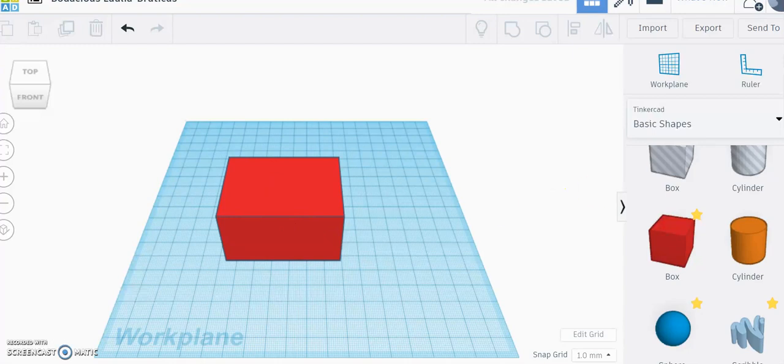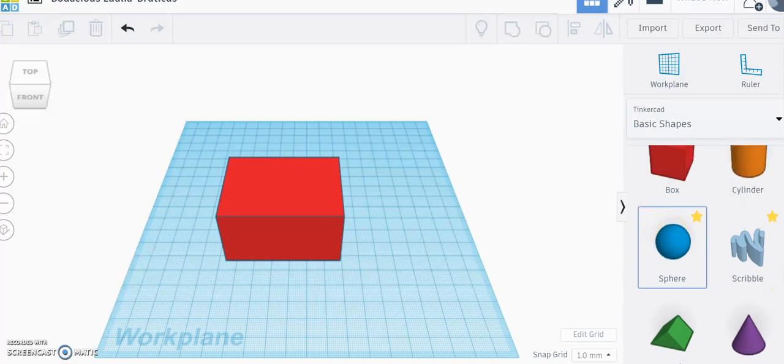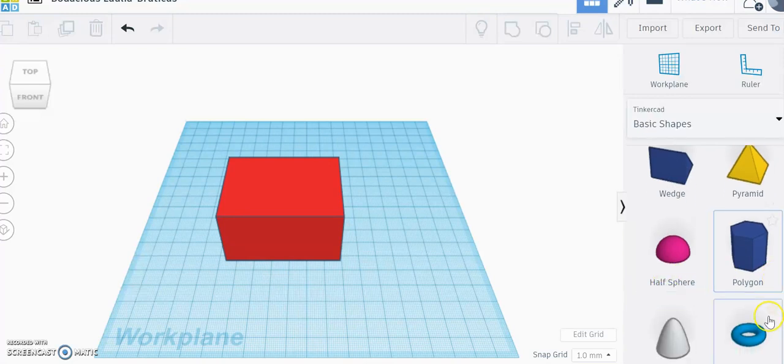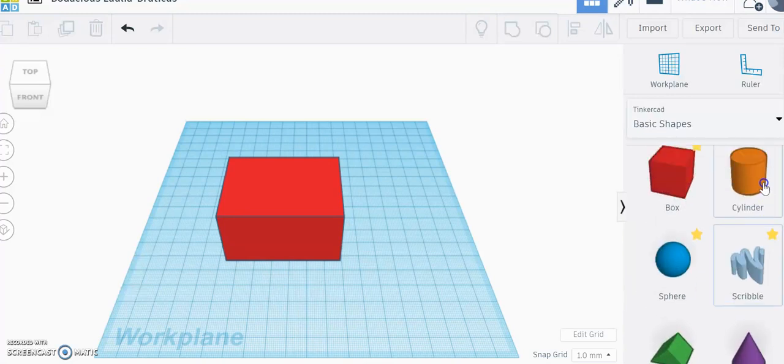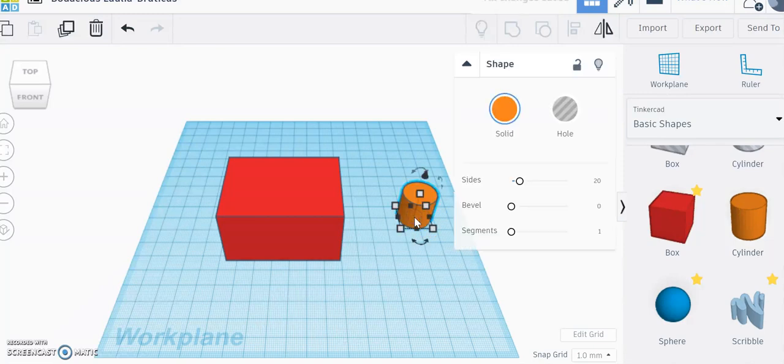So now I'm going to go over here and find out which shape would serve as a good hole. Like this sphere might create a nice hole. This half sphere possibly, but I kind of like using the cylinder. Seems like it's a little bit taller and makes a better hole all the way through. So now I'm just going to make it a little bit bigger. And now I'm going to take this cylinder, I'm going to put him